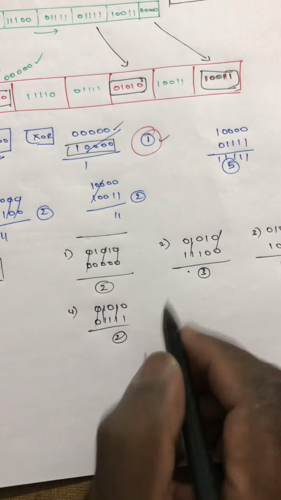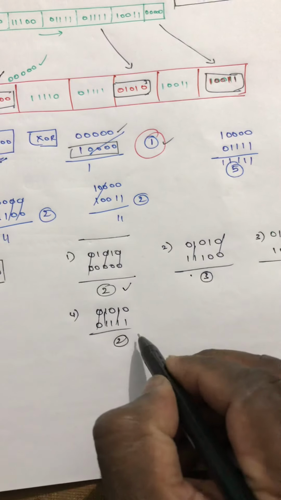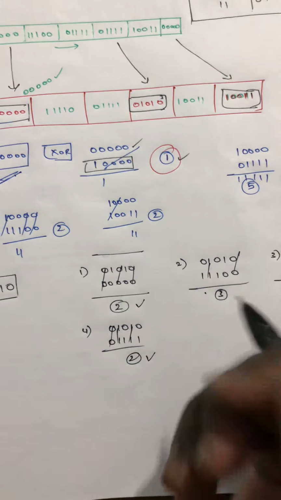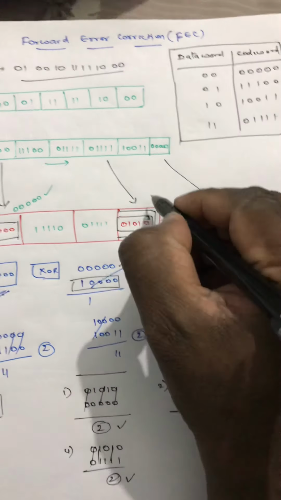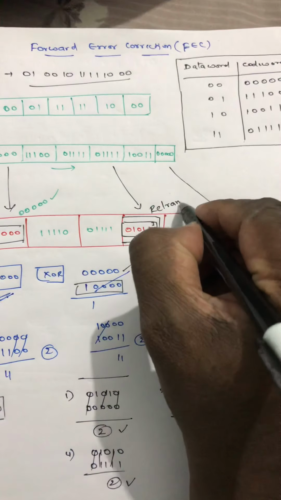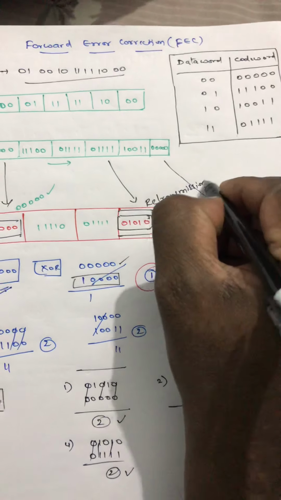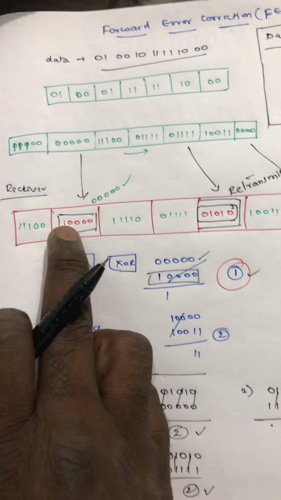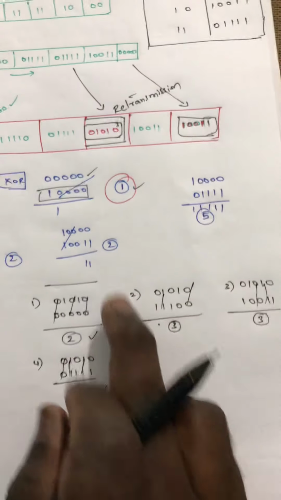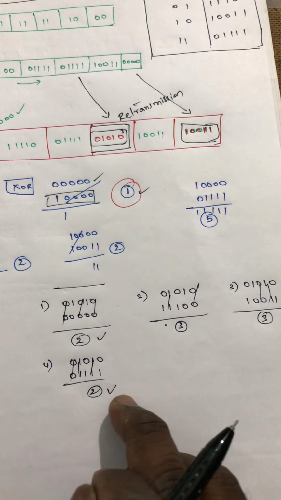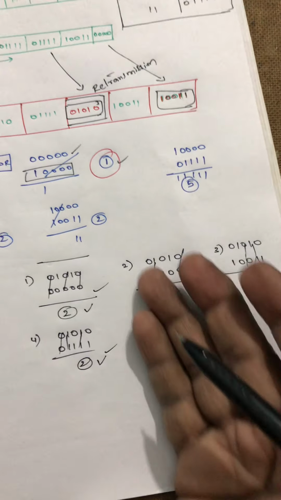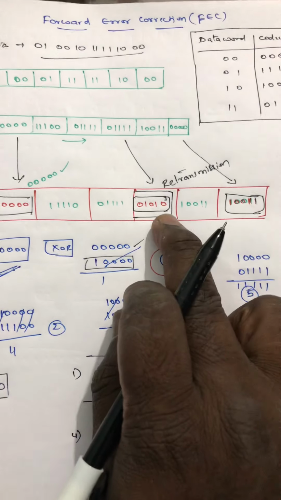Now let's understand one simple thing. Here the minimal value is 2, but I received it twice. So which one to consider? In this case, you clearly remember that you need retransmission for this part. Once again, if the minimal distance is 1 and there is no repetition, you're going to simply change it. If the minimal distance is 2 and they are repeated, I got 2 here and I got 2 here, I cannot replace it with any of these. So I'll go for the retransmission of this one.